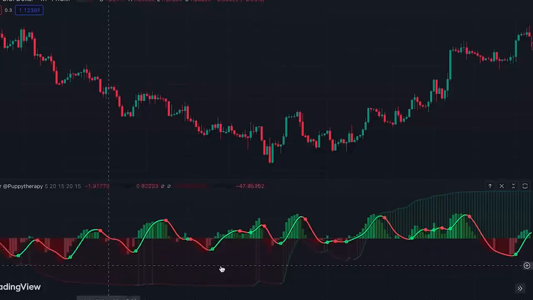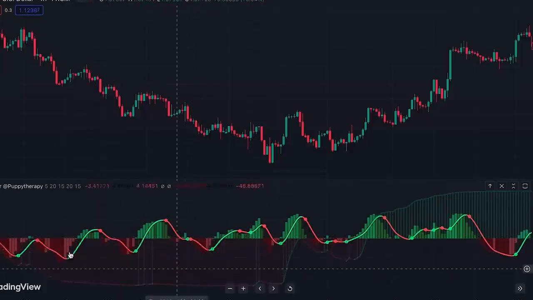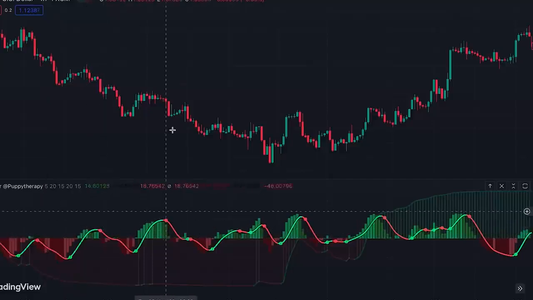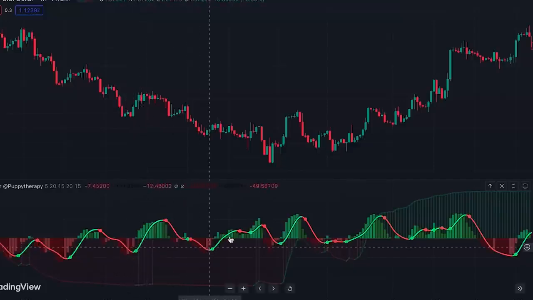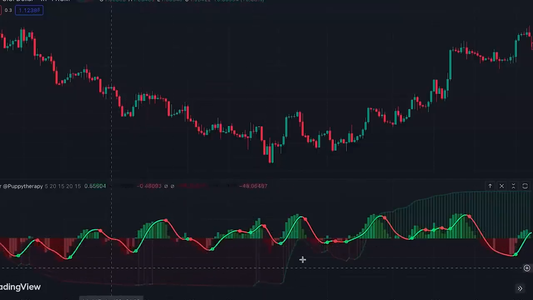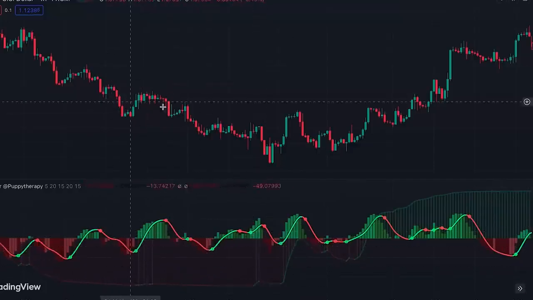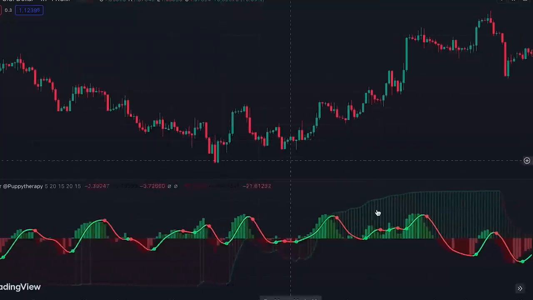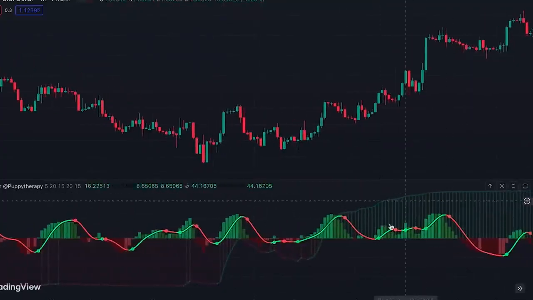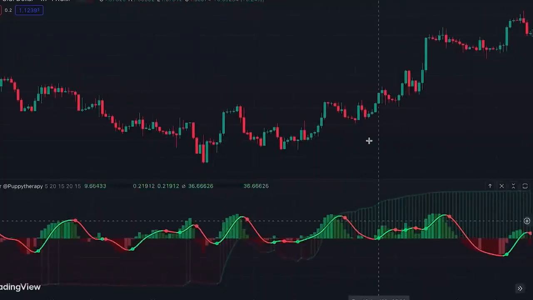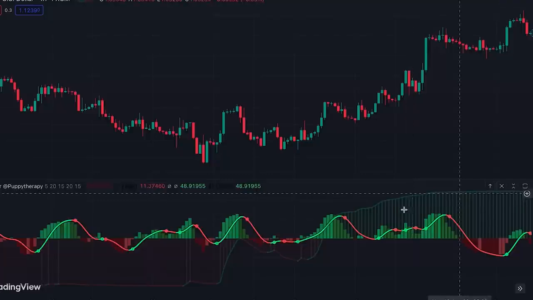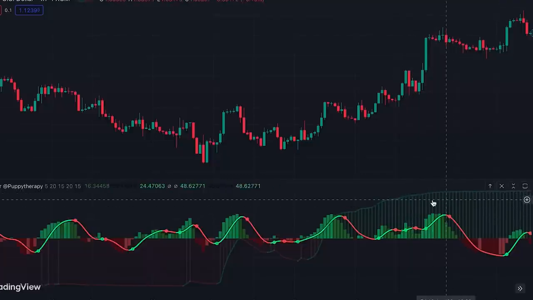So in this situation, when we are in a downtrend, whenever we get a sell signal, we enter a short position. When we get these buy signals, we don't care about them because the histogram is red and telling us that we are in a downtrend. And on the other hand, when this histogram is green, when a buy signal happens, we enter a long position. In this situation where this histogram is green, telling us that we are in an uptrend, we don't care about